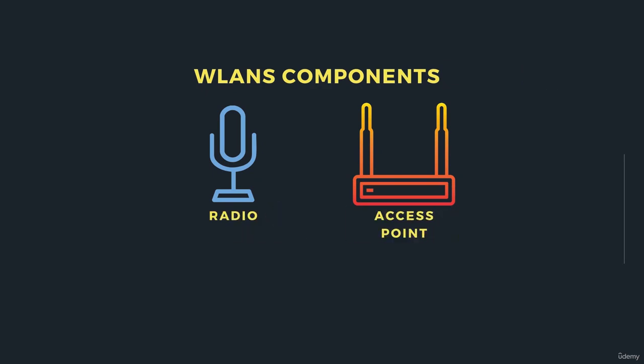So here are some WLAN components, which are the radio and the access point. What is a radio? This is defined as the station in the 802.11 standard, and it will sometimes be abbreviated as STA. It is the component that transmits the wireless signals. The access point provides connectivity with STAs, most likely laptops and other mobile devices. The preceding components alone provide the hardware requirement to build a WLAN.